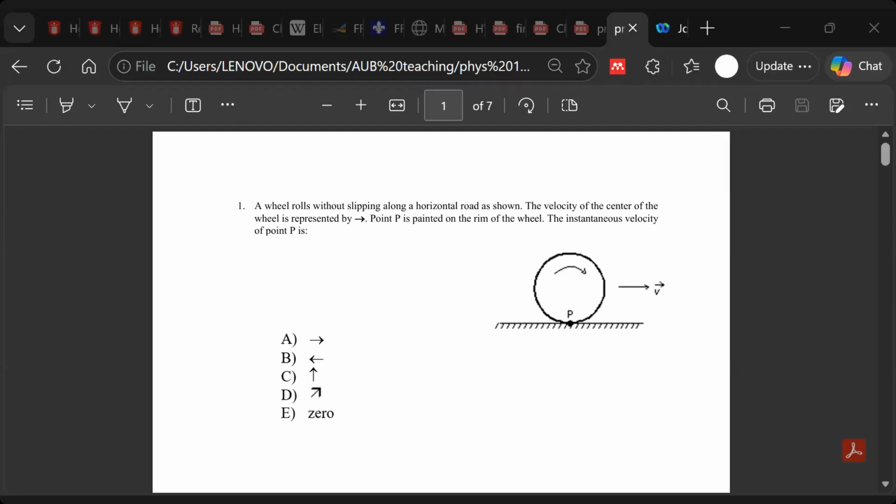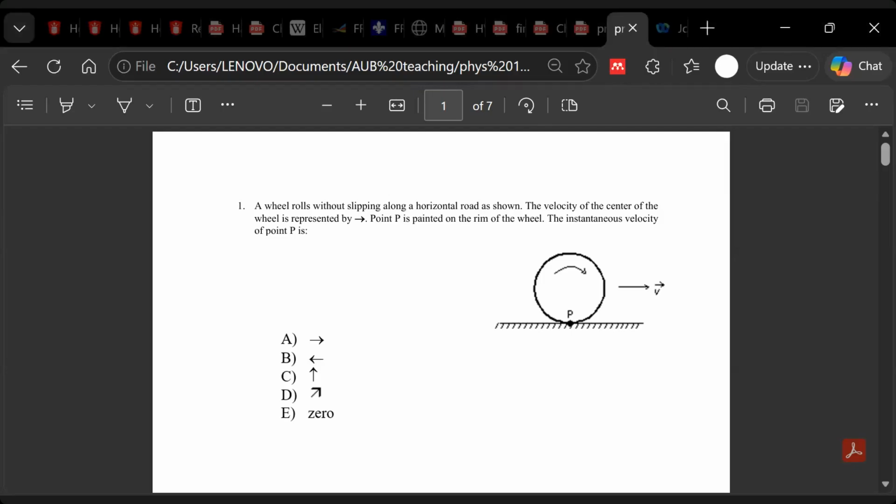So we're solving some MCQ on chapter 11. The first question: a wheel rolls without slipping along a horizontal road as shown. The velocity of the center of the wheel is represented by the arrow here. Point P is painted on the rim of the wheel. The instantaneous velocity of point P is... so this point P right here at the bottom of the wheel, we